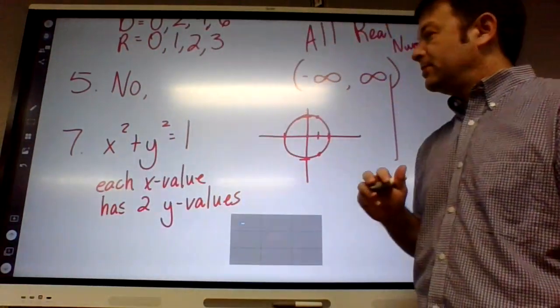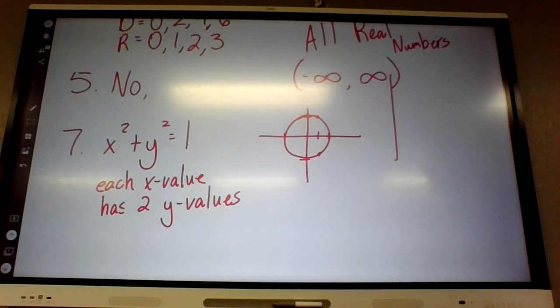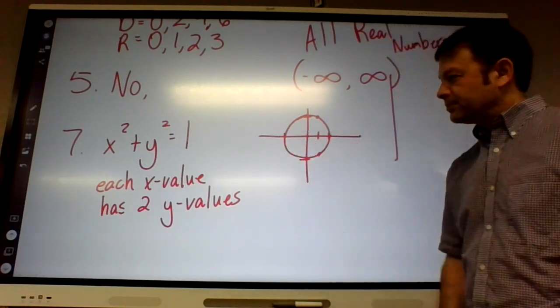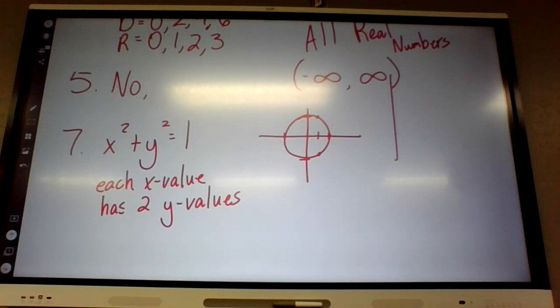All right, so that's basically the answer. Each x value has a couple y values, except for the very edge. But I'm not going to write that part down. On 8,